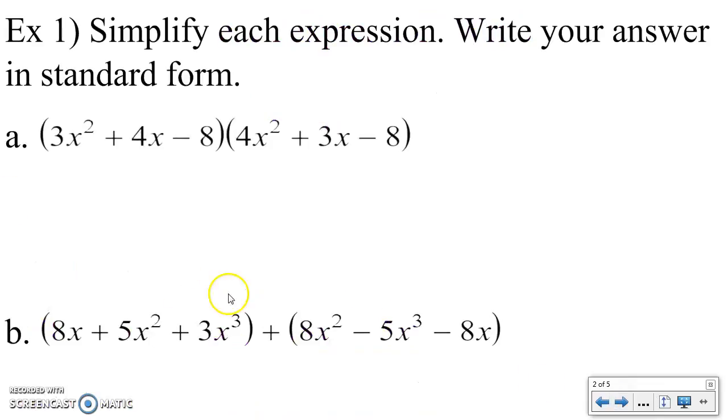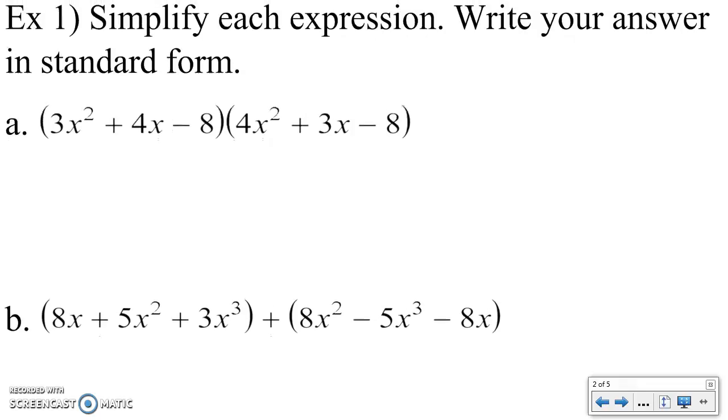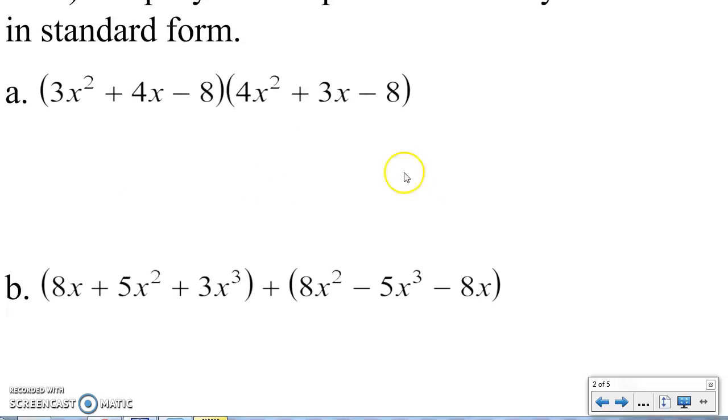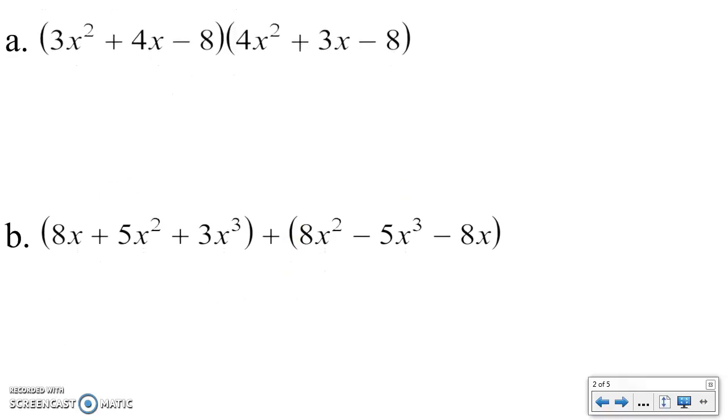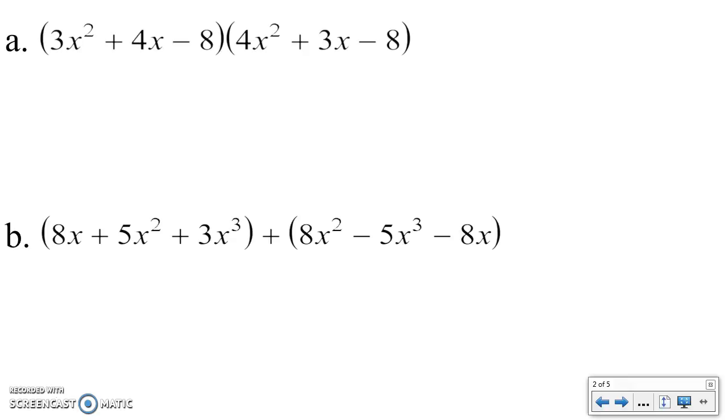So in the first example, we have 2 problems here on the first slide, and the directions just say simplify. Make sure your answers are in standard form. So for this first problem, we need to look at it closely and decide, are we going to add, subtract, or multiply? Pretty easy to see. If there's a plus sign in the middle, we add. Minus sign, we subtract. If there's neither, we're going to go ahead and multiply. And when we multiply these,